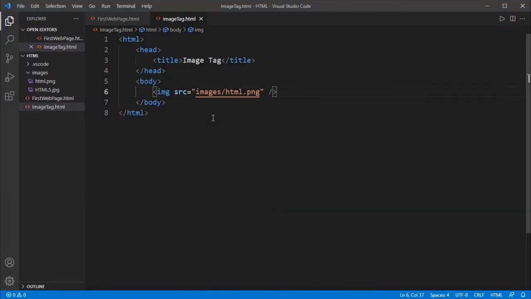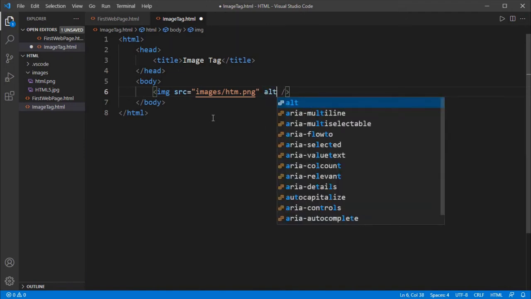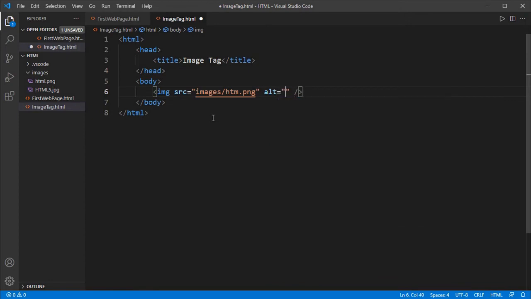For example, my file name is actually html.png, but here my file name is incorrect. In such cases, you need to present one general message, that is image not found.